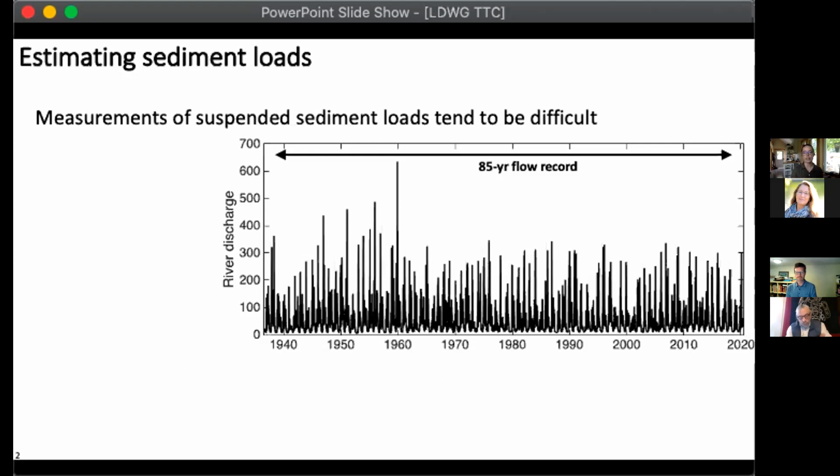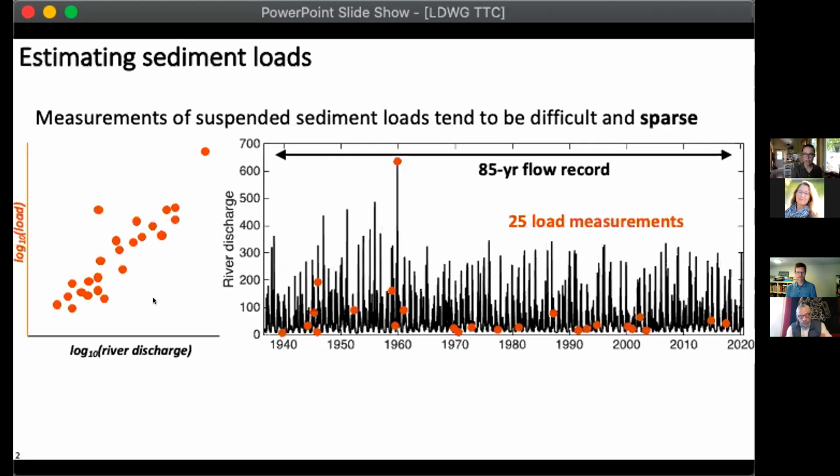expensive. And so as a result, it's really common to have, hypothetically, say, an 85-year record of continuous daily river discharge measurements with, say, only a fraction of that amount of sediment loading measurements, taken sporadically and with a bunch of gaps in between. And so the question is, how can we estimate past loads and future loads from sparse data like this? And the answer is that you try to develop a statistical relationship between river discharge and the